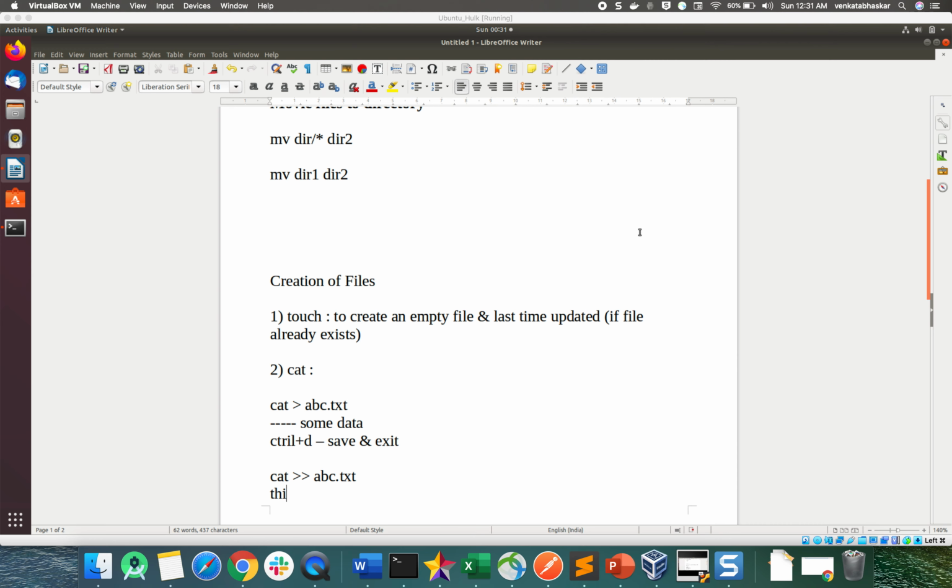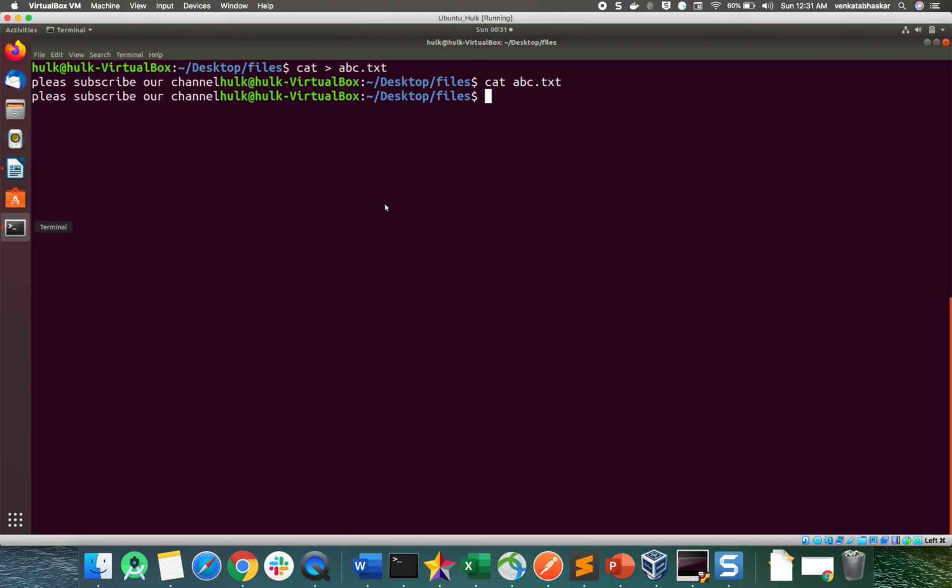Now cat double arrow mark abc.txt. When you immediately hit enter, you need to type your data.